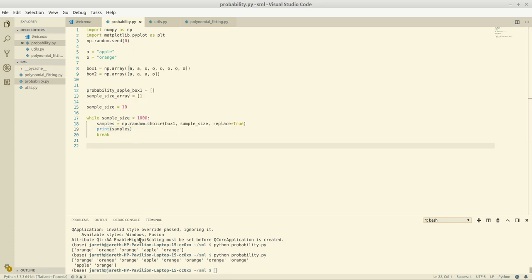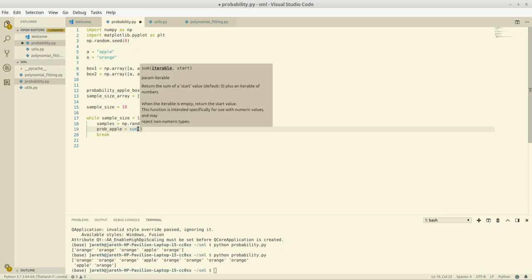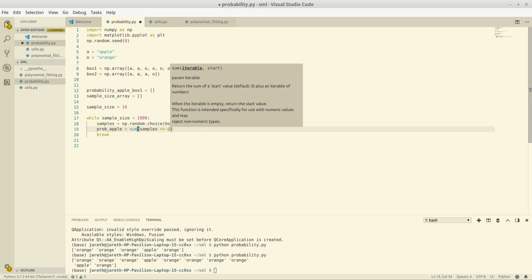What are we going to actually say after we do this? We want to know how many times apple was chosen in this sample and how many times orange was chosen in this sample. It just so happens that we can actually make this computation. This is computing the sampling probability of choosing apple, right? How are we going to do it? We're going to say the sum of samples where they're equal to apple,